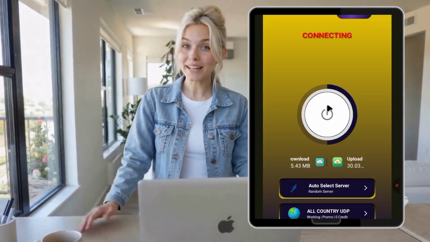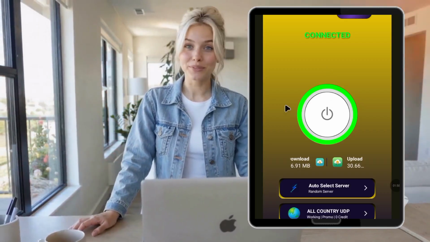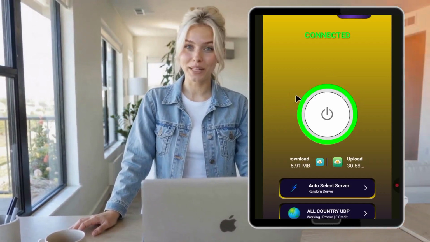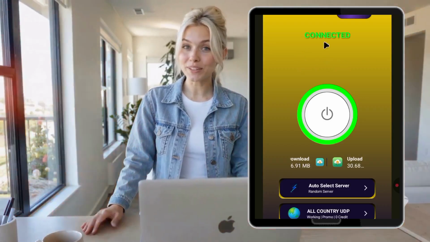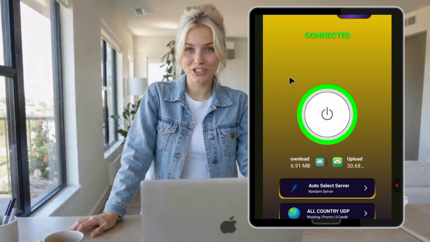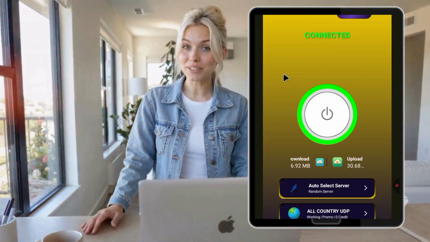11. Tap Connect. Tap the Connect button to initiate the VPN connection process. 12. Allow VPN permission. A system dialog may appear asking for VPN permission. Tap Allow to grant Click Tunnel the necessary permissions. 13. Connection established. Once the connection is established, you'll see a confirmation message or icon indicating that the VPN is